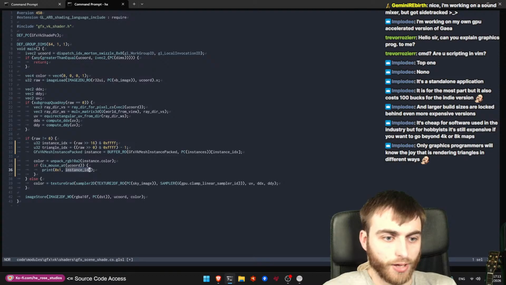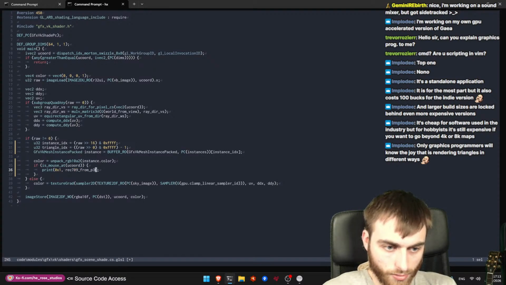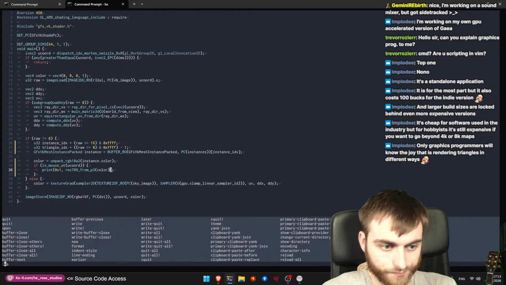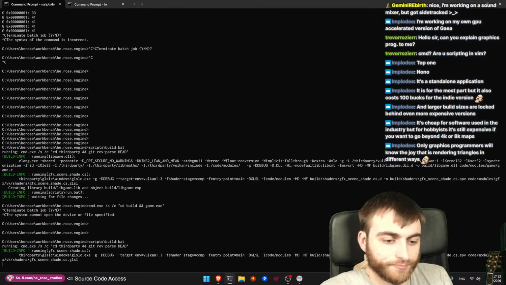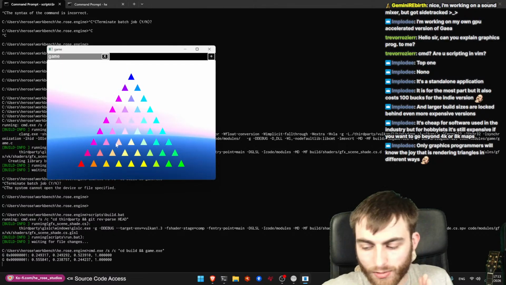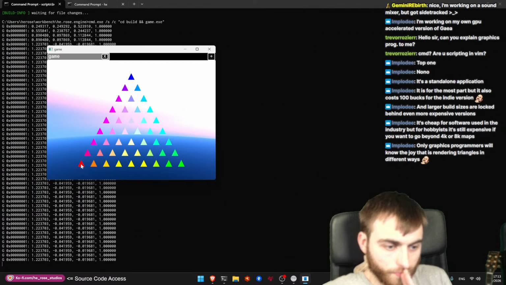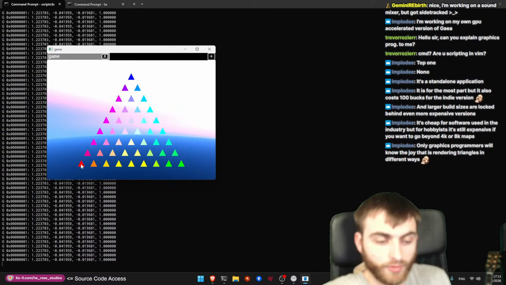So we'll say, give me color, but transformed back into Rec 709 from P3. What value is that? So we hover over it. Yes, we got negative numbers in the,